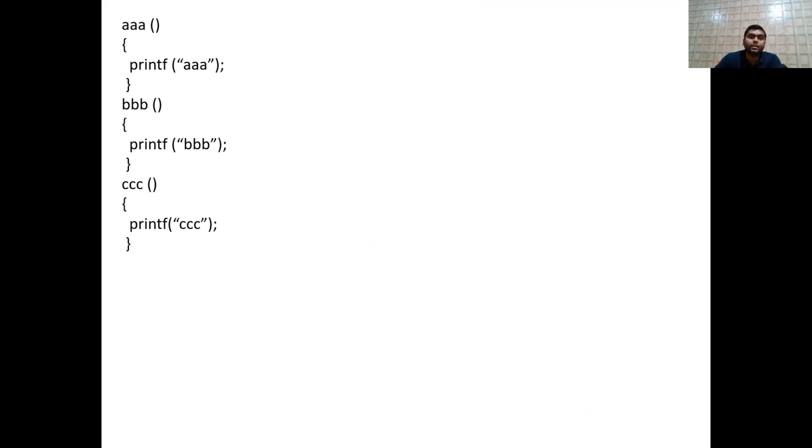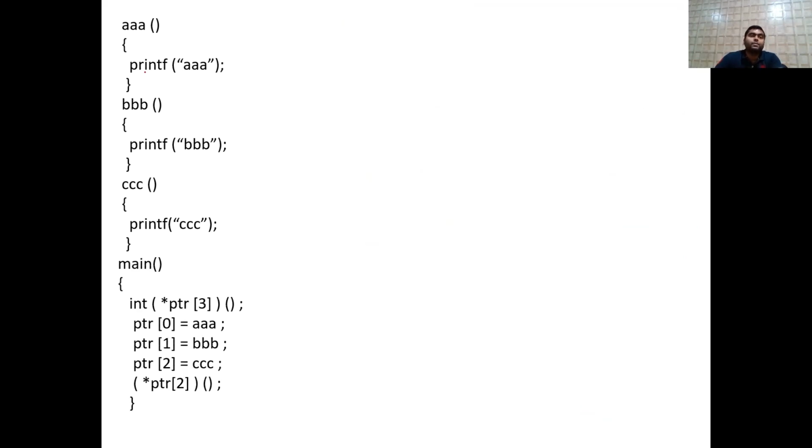Okay. Now next is a program, so observe very carefully. There is an AAA function which will print some value, and a CCC function which is printing some CCC. This is the main function. So now observe very carefully what will happen.